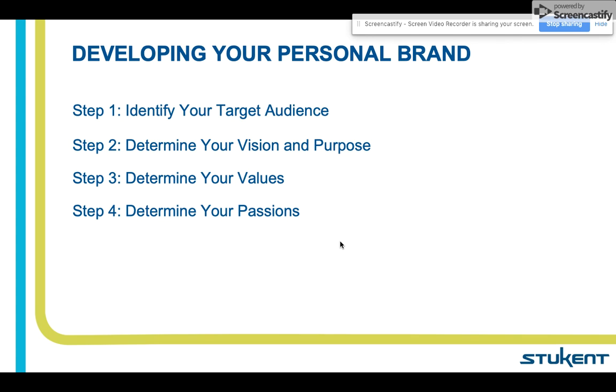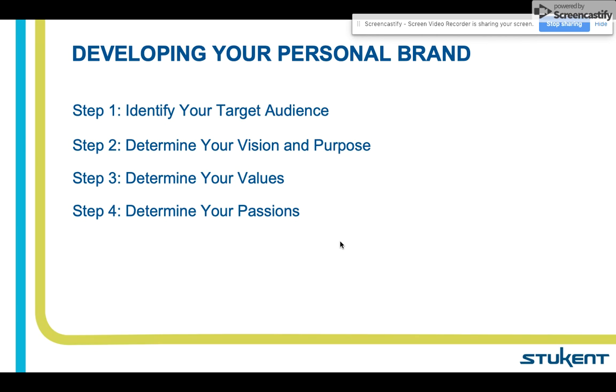So there are 9 steps towards developing your personal brand. Step 1 is to identify your target audience. First you're going to determine where you want to work. Then you're going to do a simple search of your desired role on any type of career site and identify common keywords from your search. That way you can figure out exactly what you need to narrow down and put into a resume or something. Step 2 then is